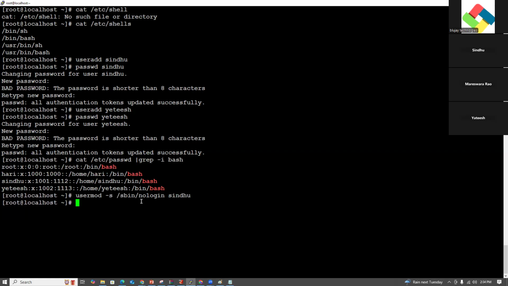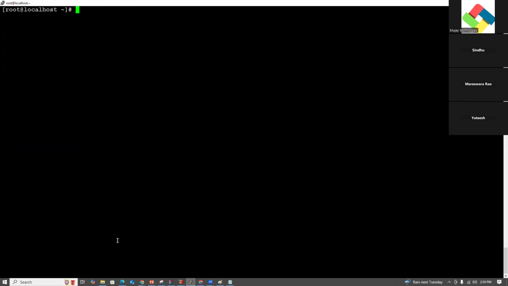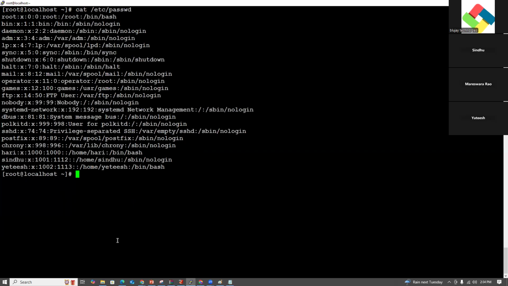Let's see again, I'm executing this command. cat /etc/passwd. You see, which shell does the Sindhu user have? It has the nologin shell. And the Yatish user has the /bin/bash shell.